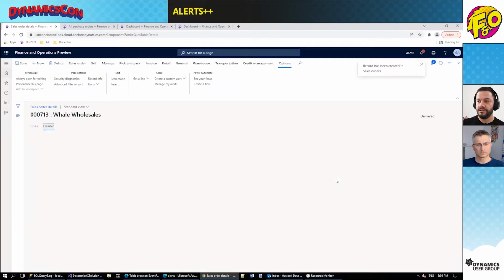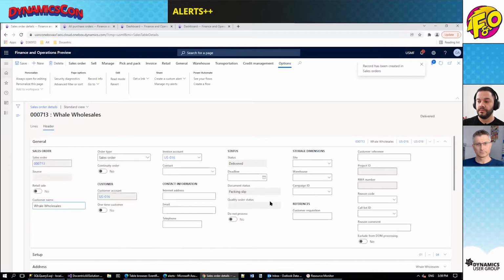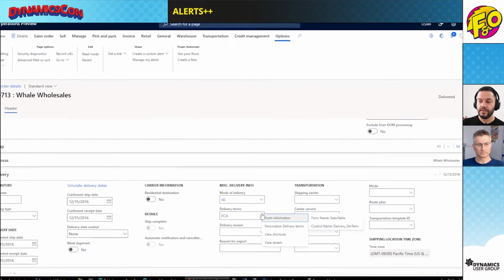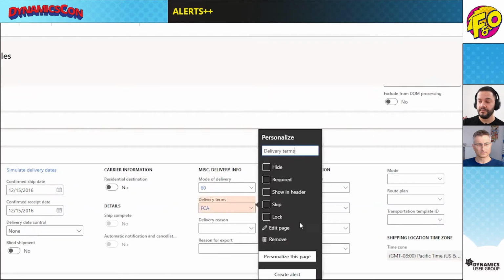And if we go to the header, for example, to the delivery terms, we can see that we have the delivery terms field, and we can define a new alert from here. So if we right click, personalize, and then we have the create alert button. This is something that we added and that speeds up the process of creating alerts. And as we can see,